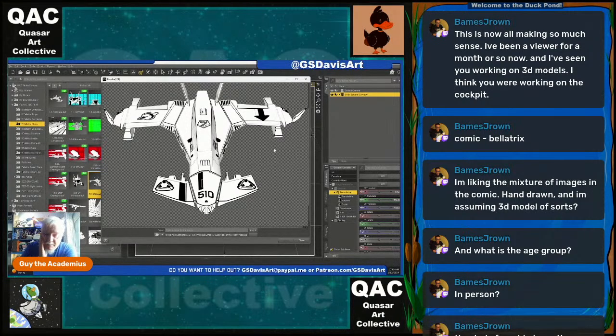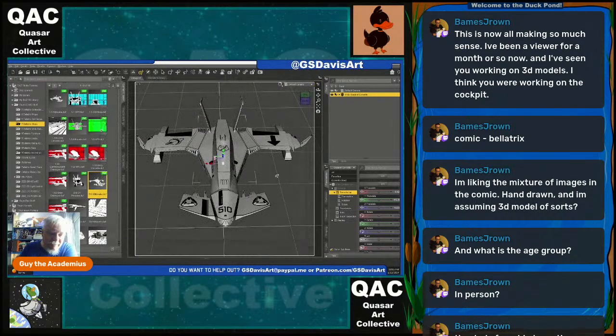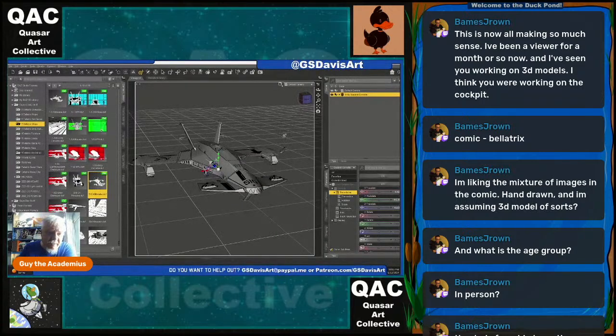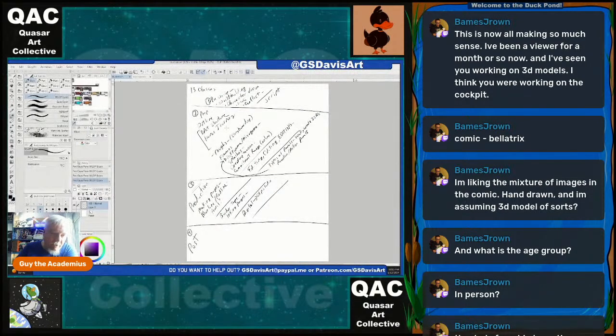Yep, I was working on the cockpits. Exactly. Now you know why I was doing that. These are all my designs and they're my ships. It's everything I have in there that I use a computer for. Everything in the comic is mine in some way, even the font. I use a specific font when I'm writing,